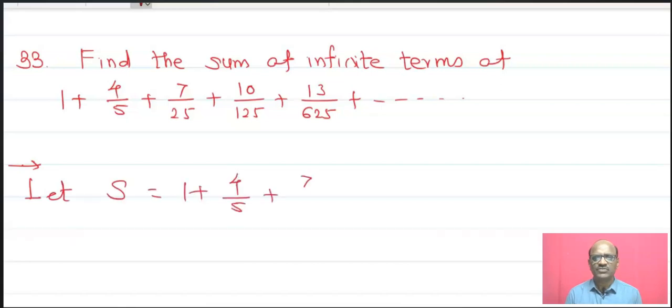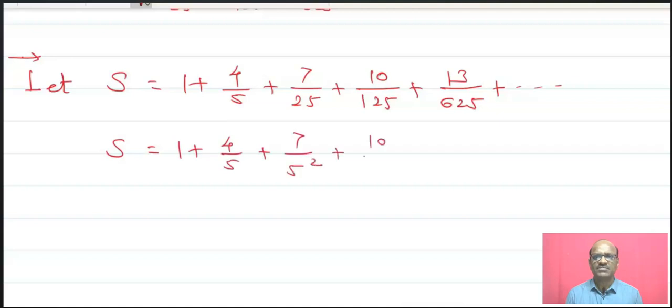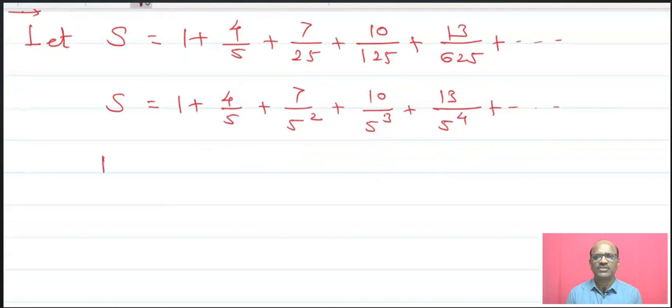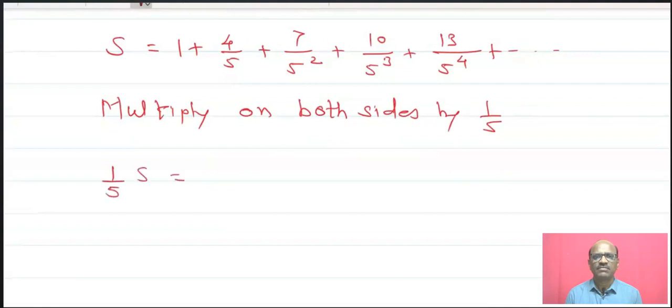Now here S is equal to 1 plus 4 upon 5 plus 7 upon 25 plus 10 upon 125 plus 13 upon 625. Now in this sequence, we write here 1 plus 4 upon 5, 7 upon 5 square plus 10 upon 5 raised to 3 plus 13 upon 5 raised to 4. Now multiply on both sides by 1 upon 5. Therefore, 1 upon 5 into S is equal to 1 upon 5 into